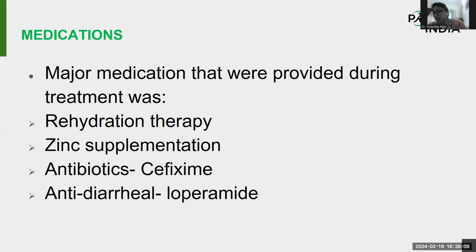So diarrhea was one complaint she had, abdominal pain was another complaint. For abdominal pain, probably you can advise a cyclopam tablet, or some buscopan injection. If she is in the hospital, you can ask them to just give one buscopan shot. Because it has an anti-secretory effect, it will help to bring down the secretion, so there will be less diarrhea, there will be less vomiting, things like that.